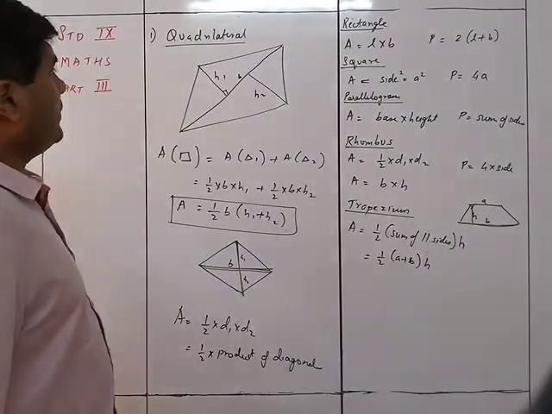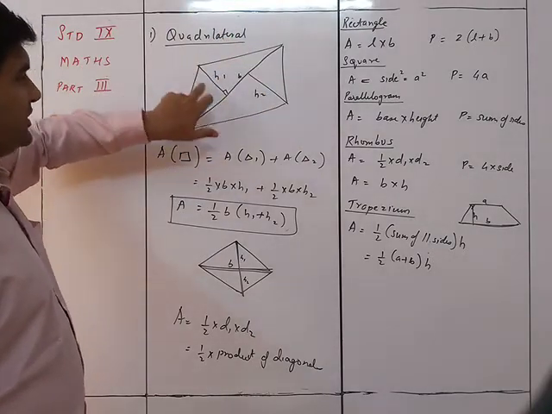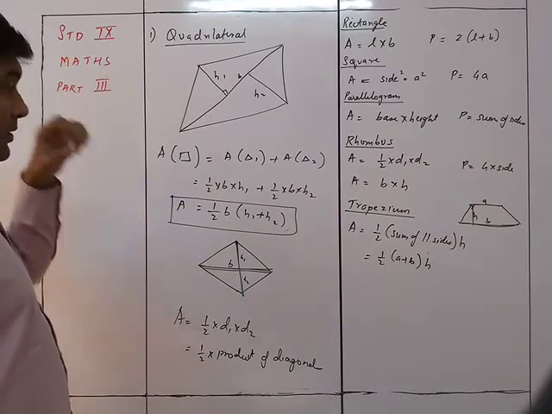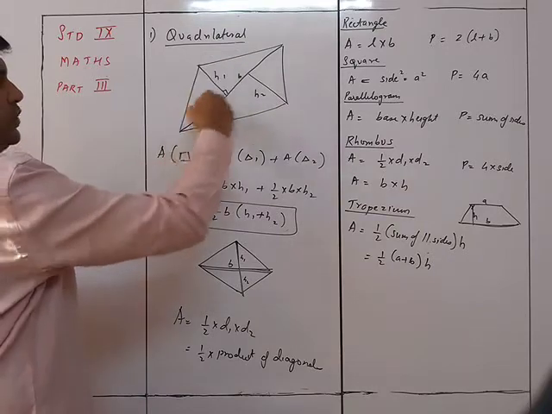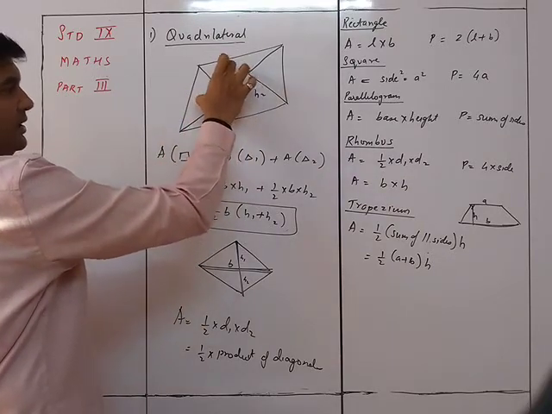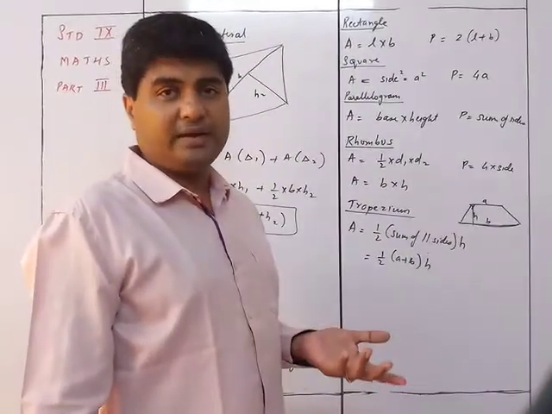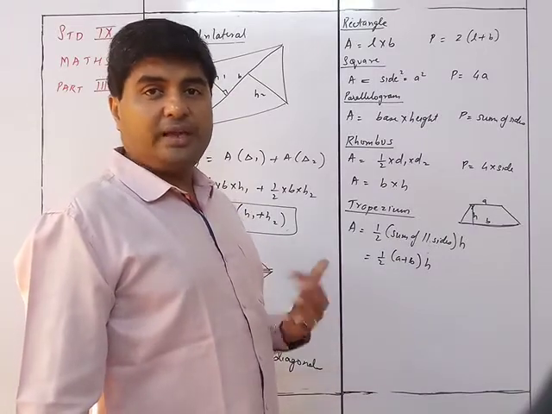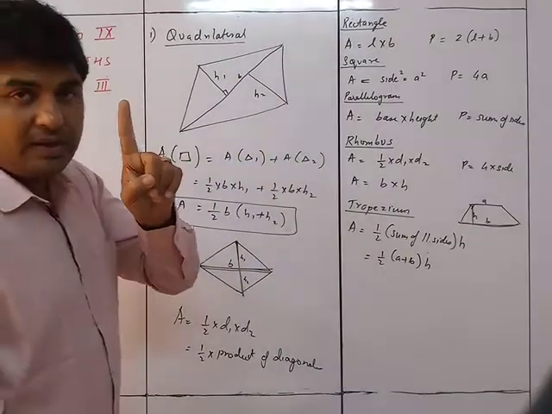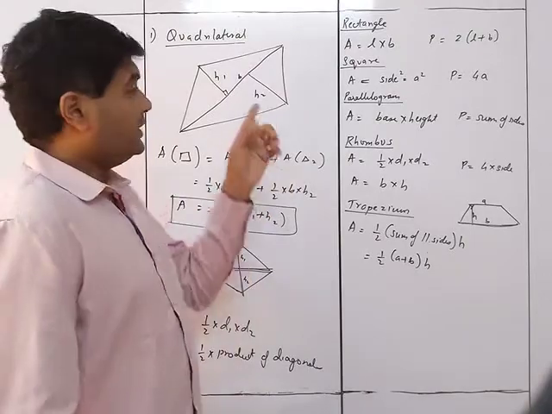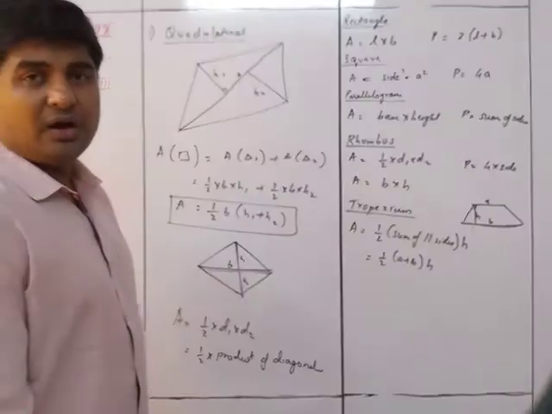Right. So what we saw was, if it is a normal quadrilateral which has just one diagonal over here, then we can just draw perpendiculars like this, and we can find out the area. It is also possible that if I don't know this height, but I know the sides over here, I can use Heron's formula to find out the area of this triangle, and Heron's formula to find out the area of this triangle. That's also possible. So it's not necessary that I should have the height or the diagonal. If I know the four sides of this quadrilateral and one diagonal, then I can use Heron's formula for this triangle, Heron's formula for this triangle, and accordingly I can get the answer.